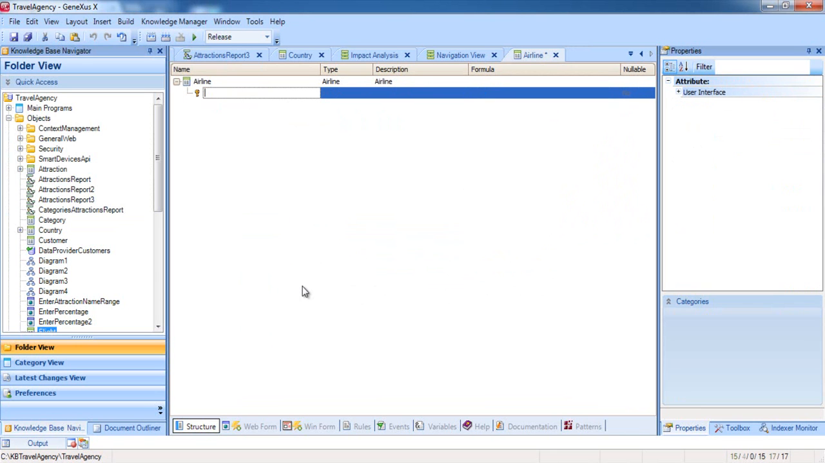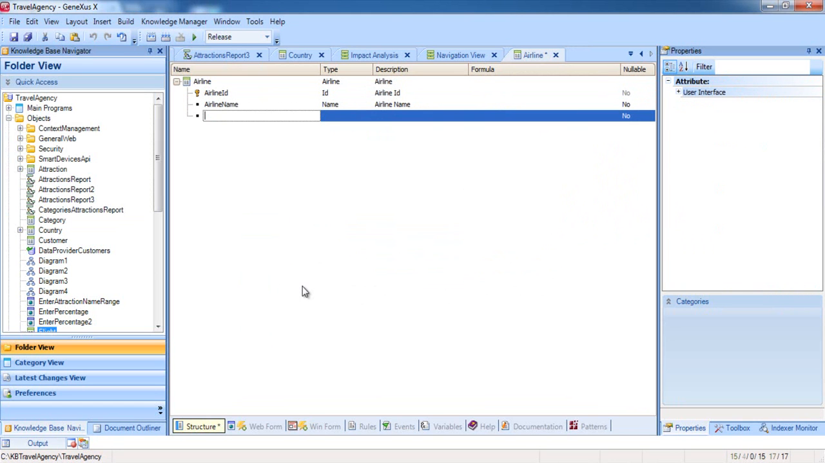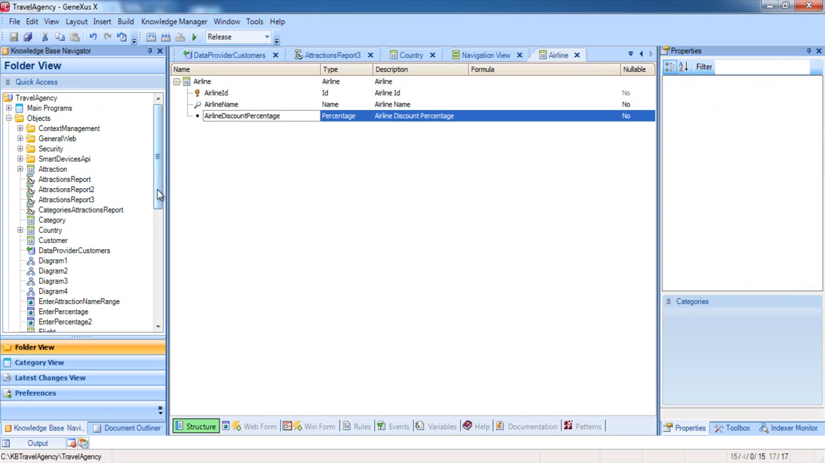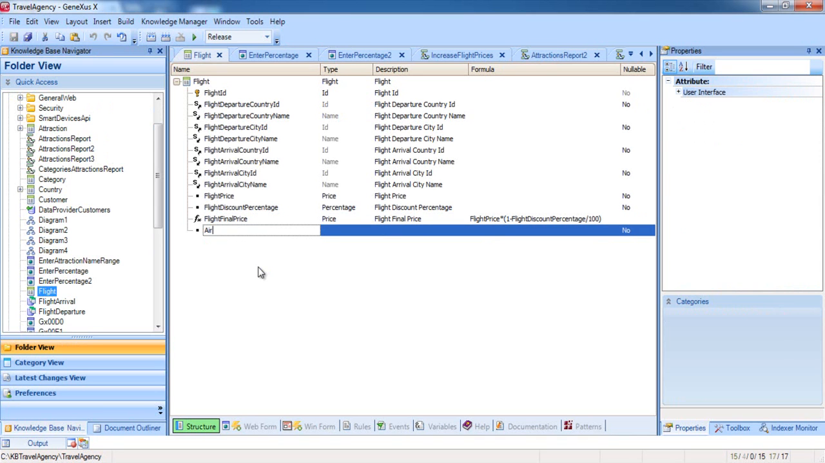We define three attributes for it: airline ID, airline name, and airline discount percentage, from the percentage domain, to record the discount made by the airline for all its flights. We save, and now go to the flight transaction to assign to each flight the airline that operates it. We add the attribute airline ID,